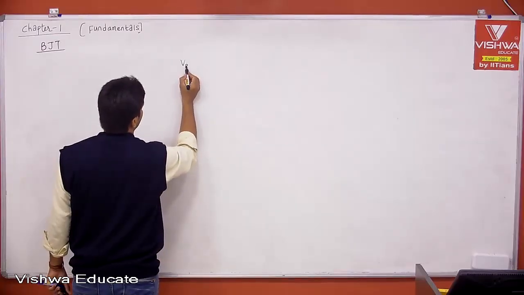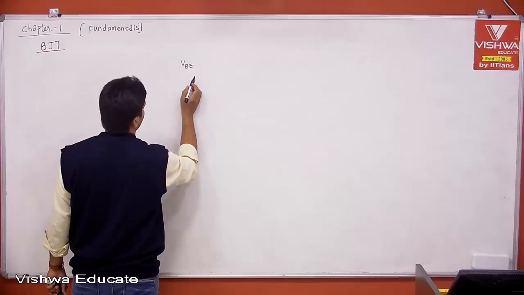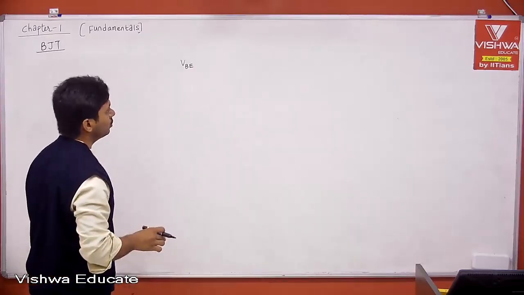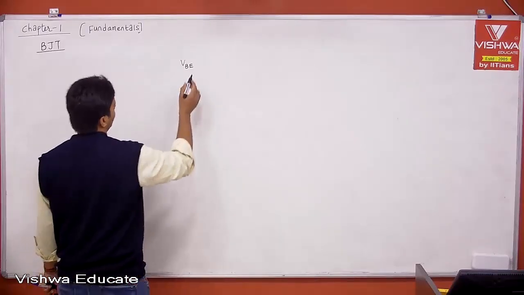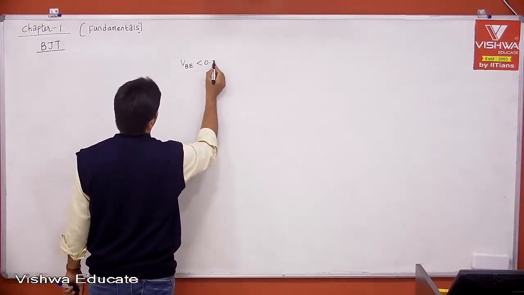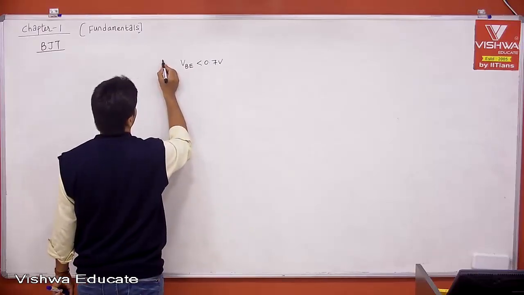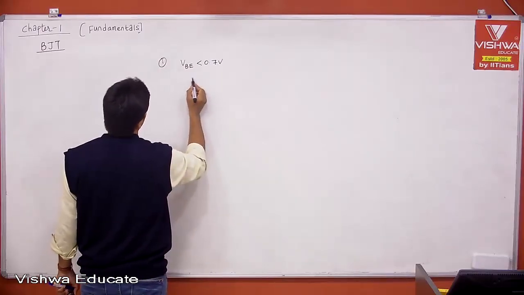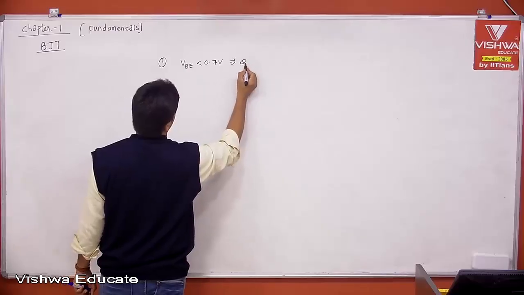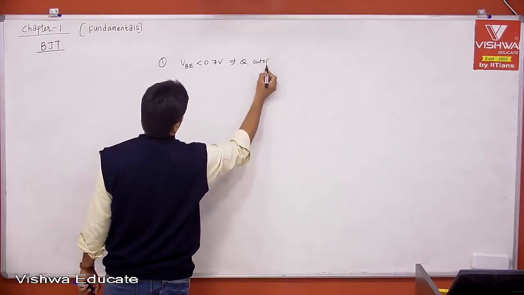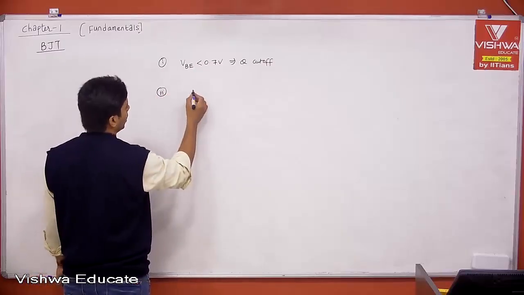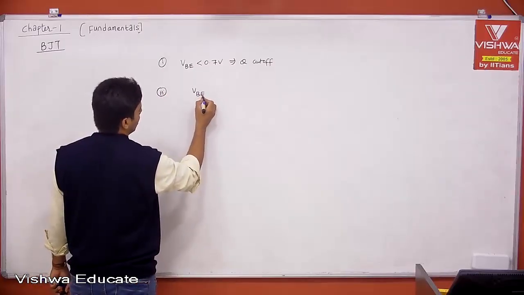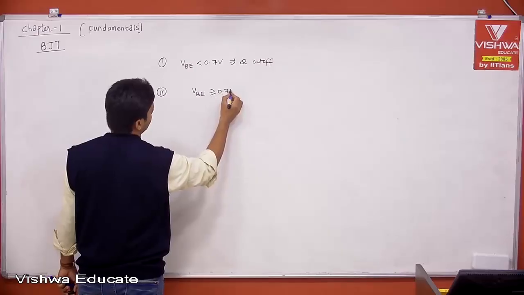When VBE is less than 0.7, then immediately the transistor is in cutoff with respect to the circuit. And number 2, quick summary, when VBE is greater than or equal to 0.7, then it